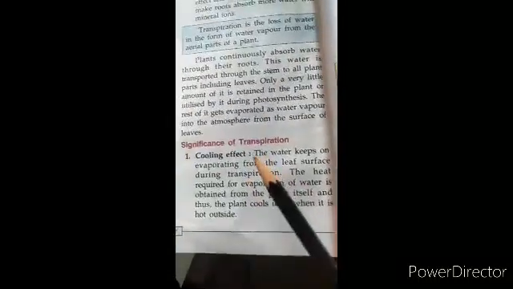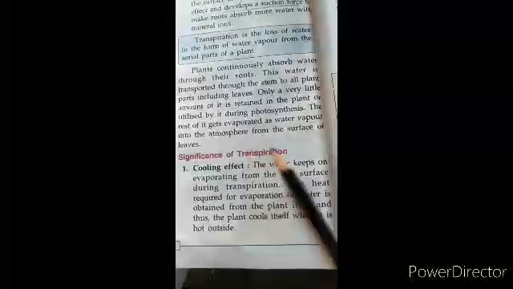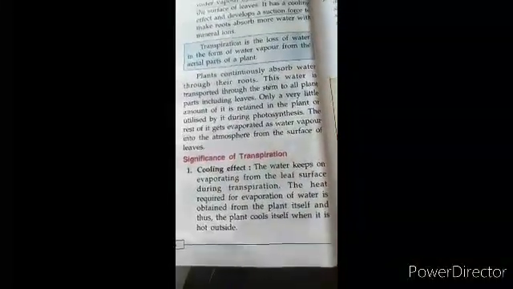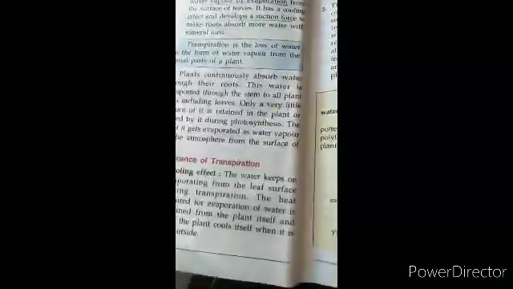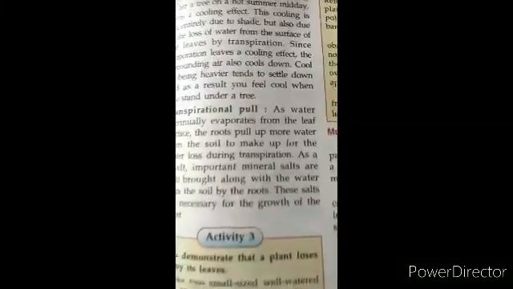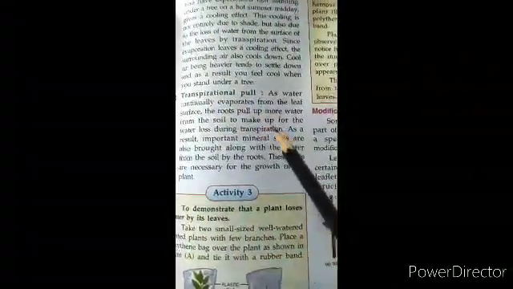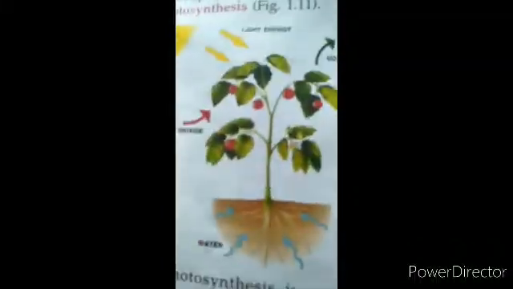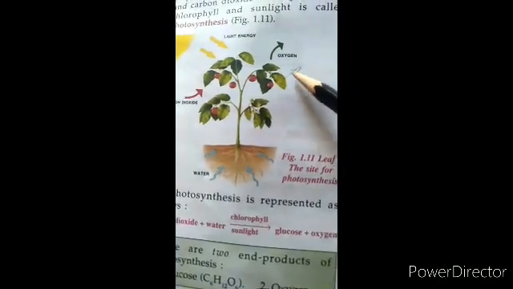So definitely it offers a cooling effect not only to the plant but also the surrounding of the plant. Because of the presence of water vapor and its evaporation, you'll find it's much cooler. So a cooling effect is an important one. The second one that we talked about, transpiration also helps in transpiration pull. Now, what is transpirational pull?